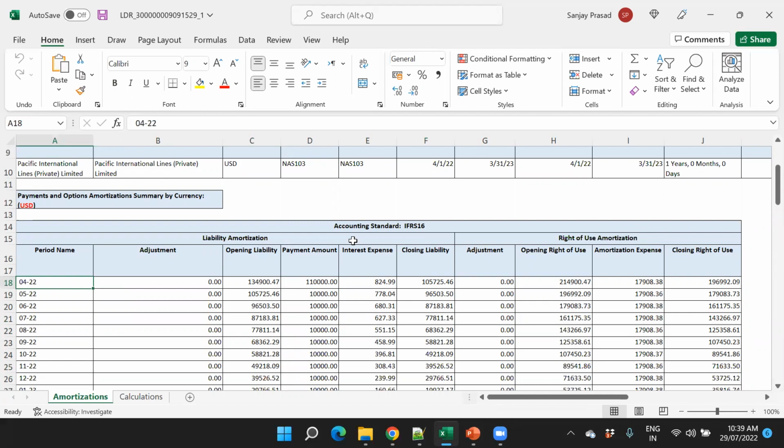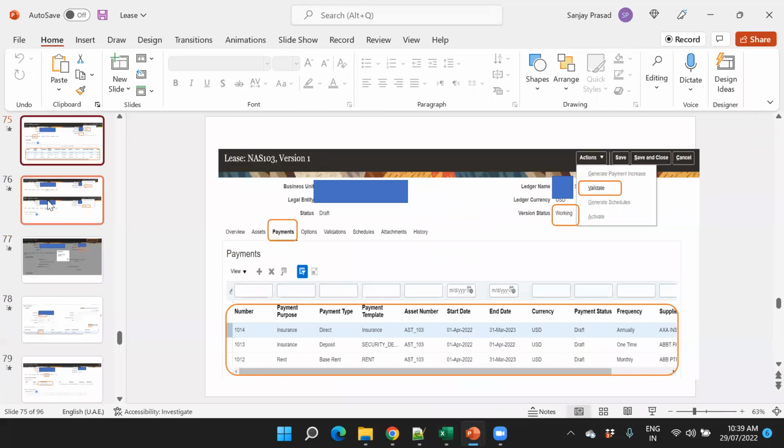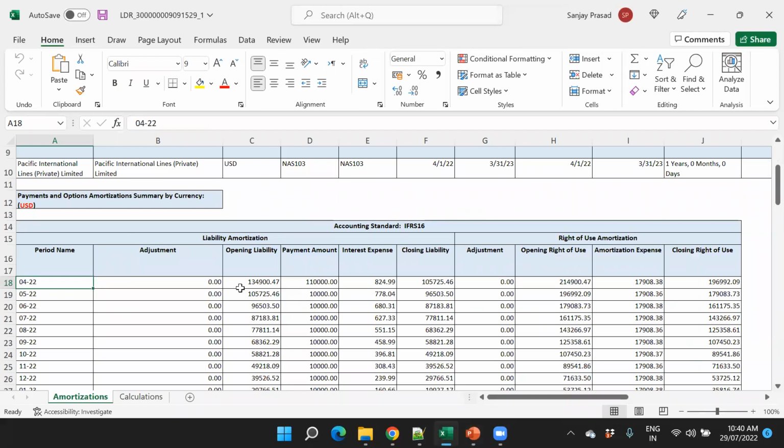different payment elements. If we recall, for this lease we had three different types of payments. Let me go back to the slide where I had created those payments. If you see, this lease contains three different types of payments: the security insurance, security deposit, and rent. For each payment type, first the details are calculated, and those payment details are added to get the overall payment schedule for